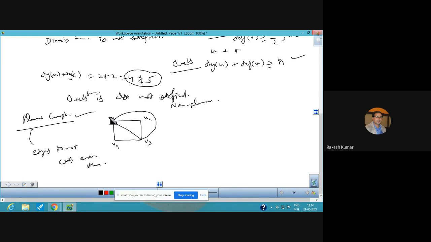How many vertices are there? 4. So this is K4. K4 means a complete graph with 4 vertices. This is the meaning of K4. Similarly, K5 can be plotted, and we can discuss the planarity of the K5 graph also. K5 graph is always a non-planar graph. Accordingly, prove that the graph K5 is non-planar.